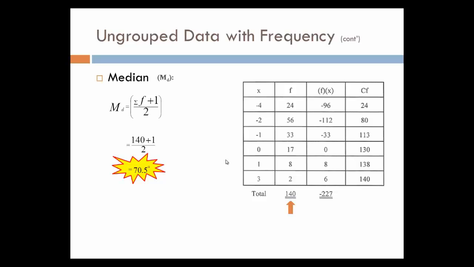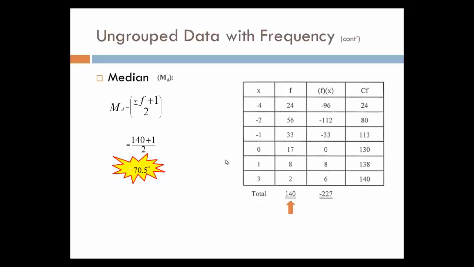70.5 is in the second row because we have 24 in the CF column, and then that 70.5 will be part of this 80 that you're looking at. And then we go and pick off the x value there. And that tells me right away what the median should be. The median for this data is not 70.5. It is -2. That is the median. And we write 70.5 there to illustrate what